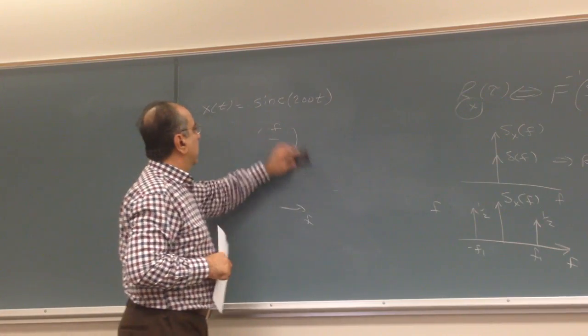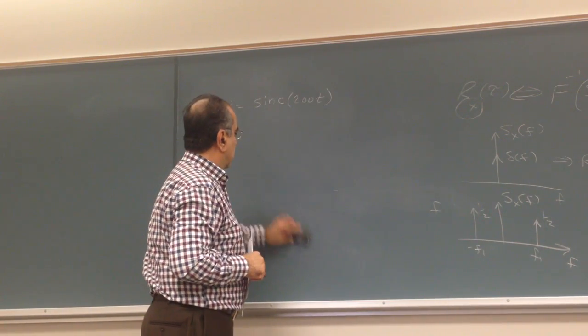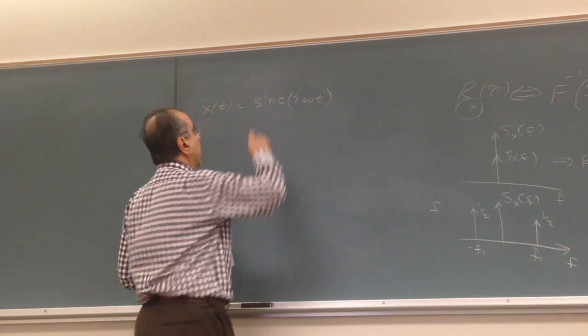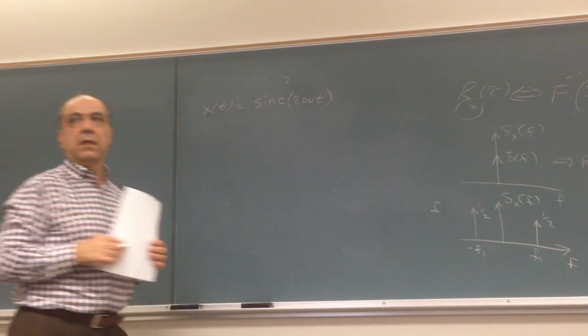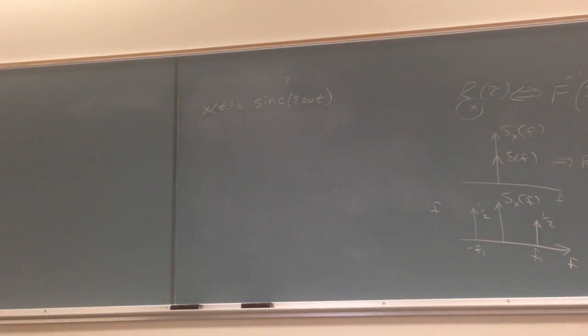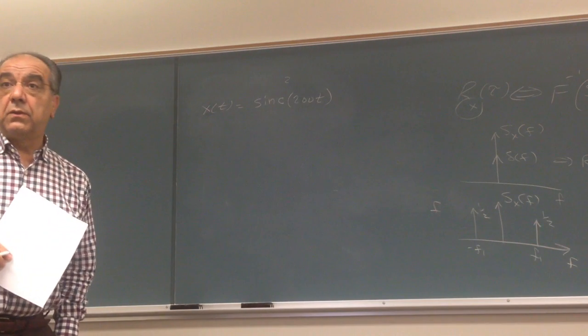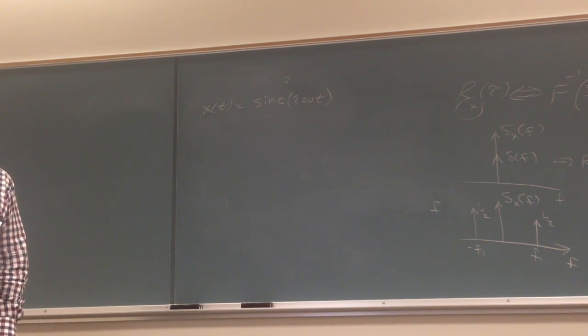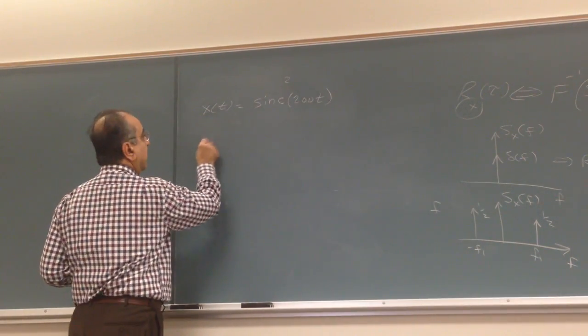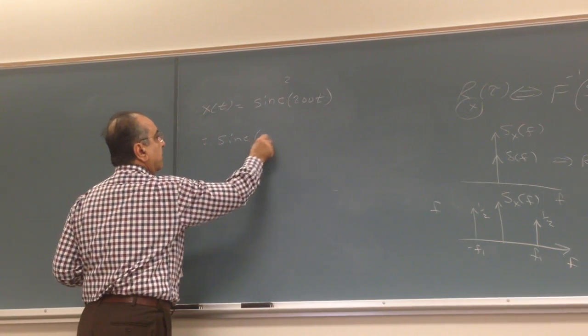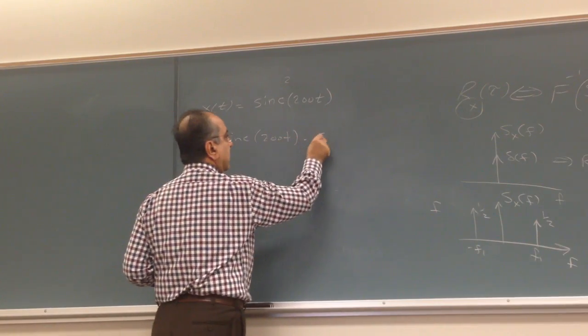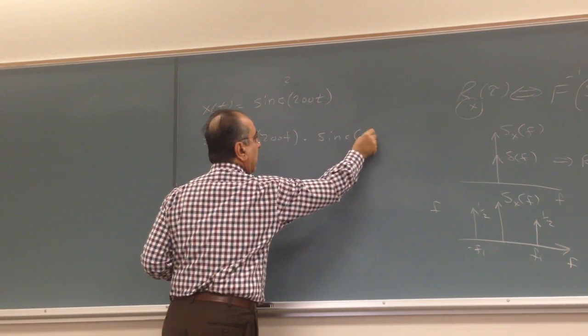What would be the Nyquist rate of this guy? How do you get this one? I'll give you a hint. This can be written as sinc of 200t times